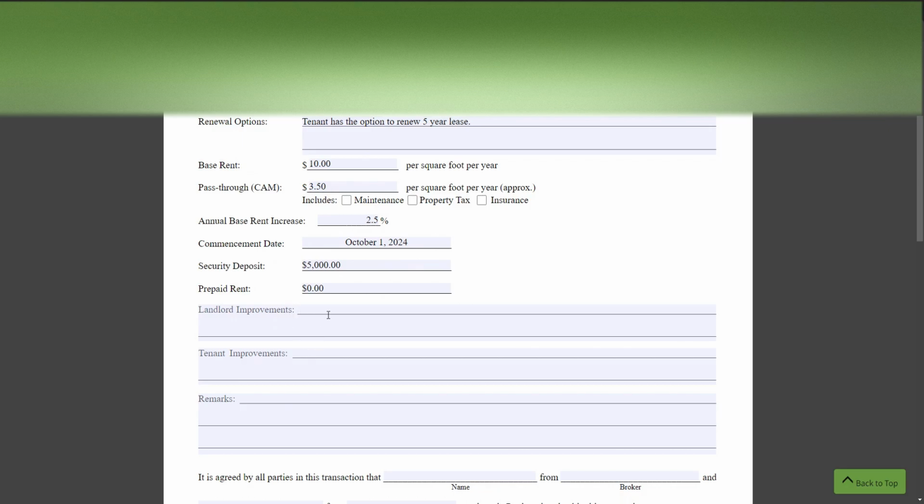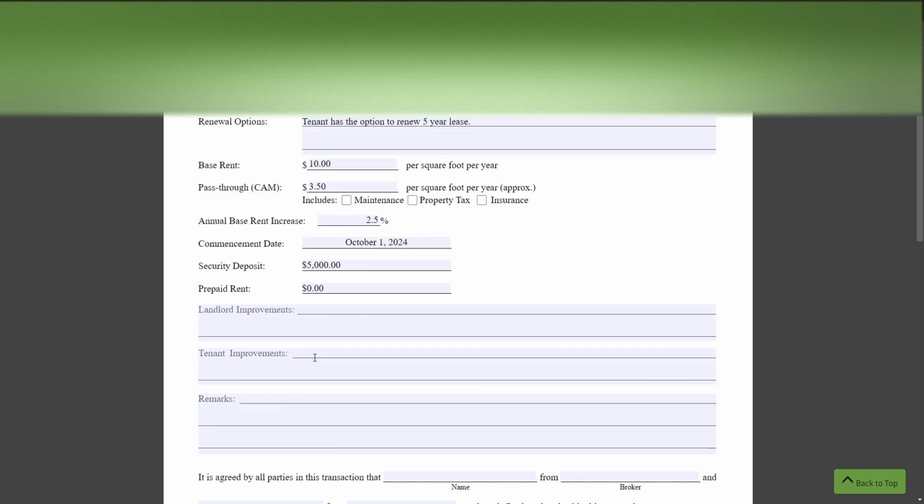Landlord improvements, if they want the landlord to improve anything or do any type of renovations or make sure something's available, you'd write that in here. It could be something like the property needs some type of plumbing work done, or the bathrooms need to be in fully operational standard, which they usually are, but maybe they're not, and you just want to state in here that you visited the property and a couple of things you want in working condition before you take possession of the premises. You put that there.